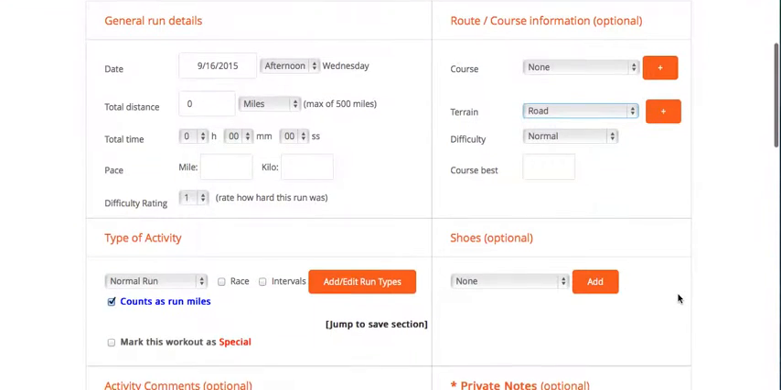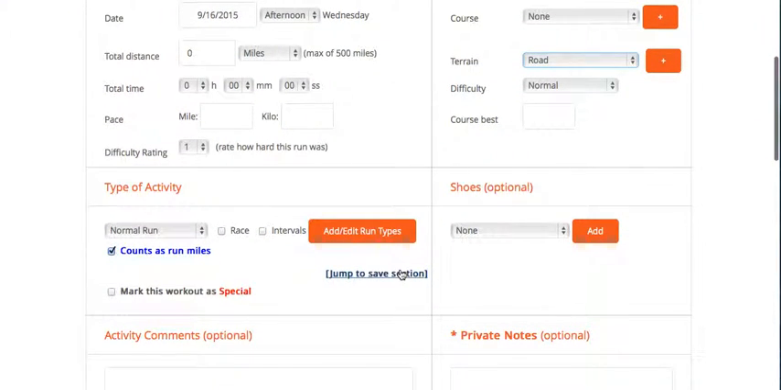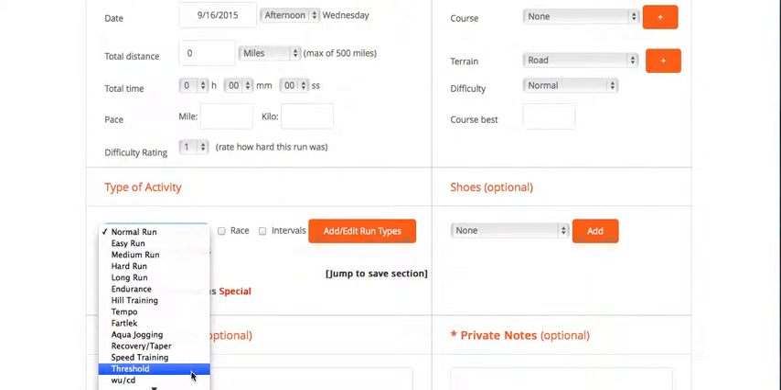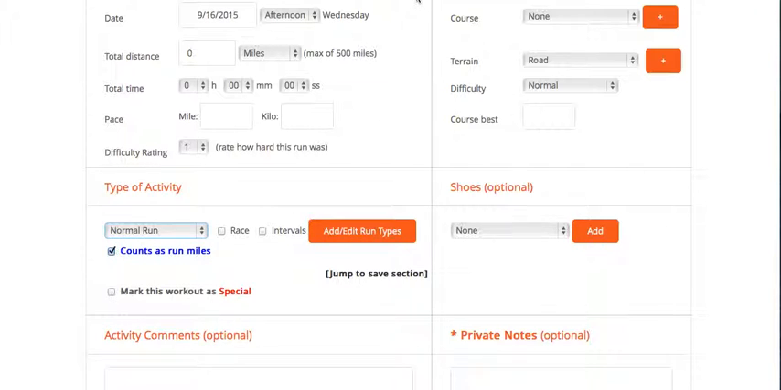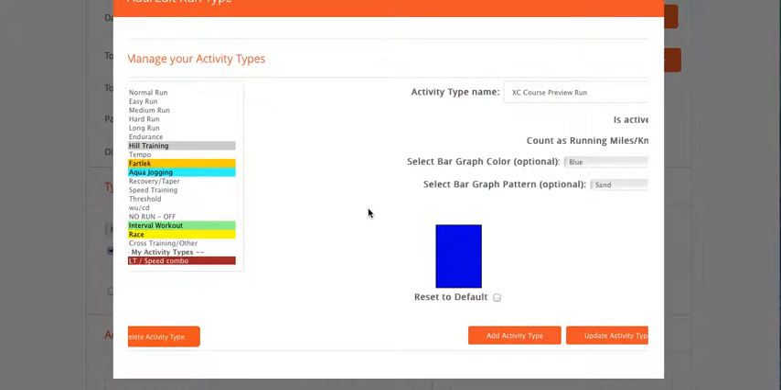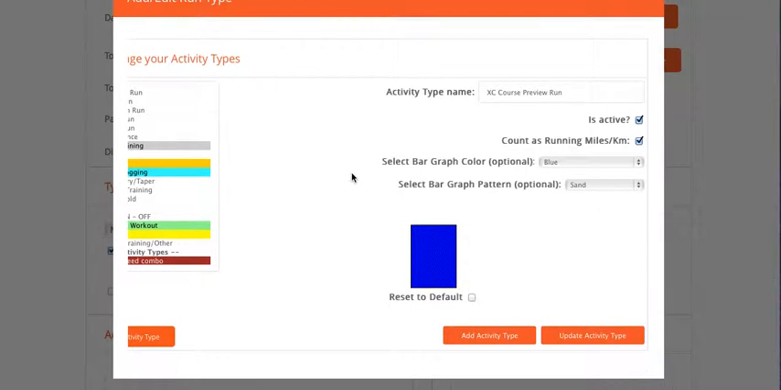Okay, next up, we're going to look at add, edit, run types. You already have some pre-programmed run types in this menu here, and then you can also customize your own run types. I have one loaded in there, so I'm going to select add, edit, run types, and then it's going to bring me to a screen that looks like this one here. On the left-hand side are the pre-existing ones that are automatically in Running2Win, including my customized one right there. The one I'm going to add today, I'm going to call it Cross-Country Course Preview